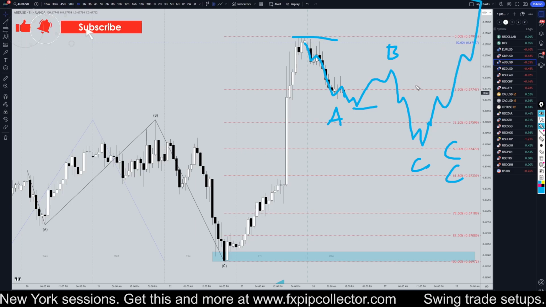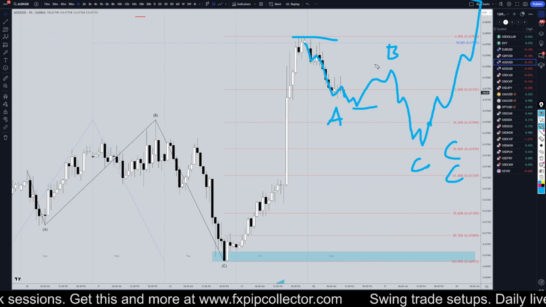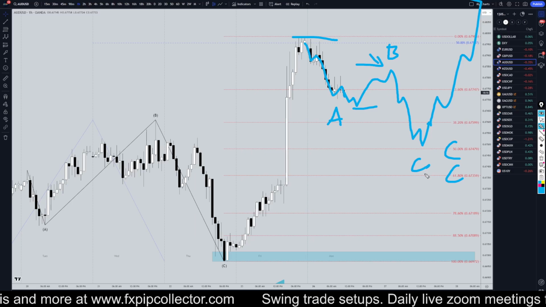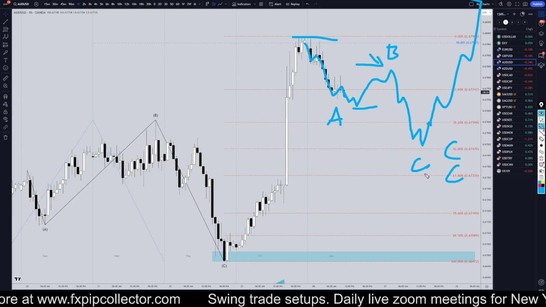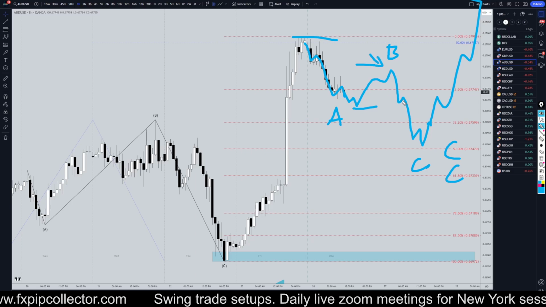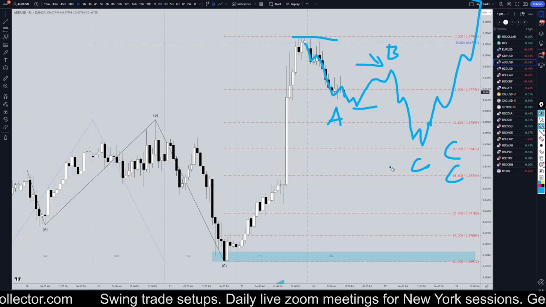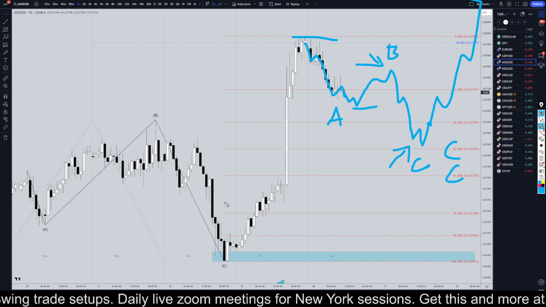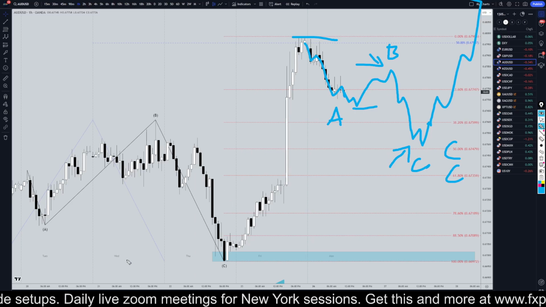And that's because I am definitely a swing trader. I mean, if you are a very short time frame trader and you see a nice clear end of a wave B entry to go short, then I don't see what's wrong with that. But I still think the safer, the better, and the more reliable money to be made is definitely going to be waiting patiently for three-wave pullbacks to go long for the continuation of this uptrend.